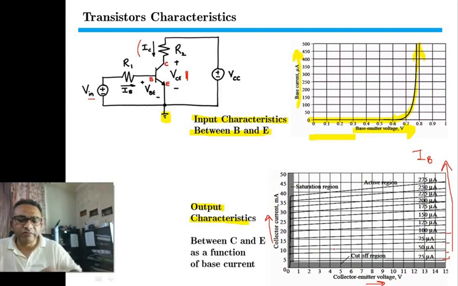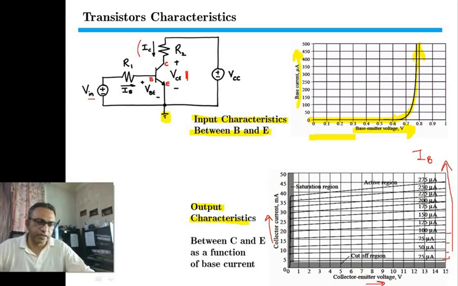So this means that as we change the base current, the collector current and the collector emitter voltage will also vary, and this is the collector output characteristics. And we make use of the output characteristics by drawing an imaginary load line, and this load line will represent the amplification as done by the amplifier. So when we apply a small base current, the output will be enhanced and our transistor will amplify the signal over here like this.